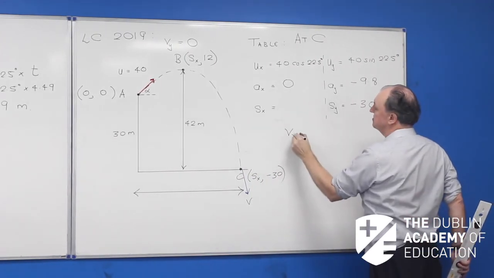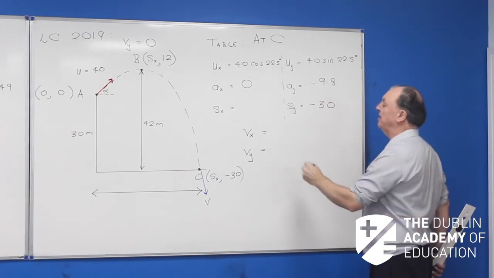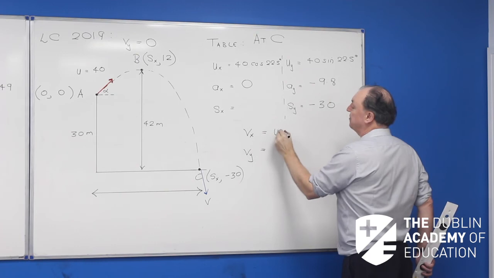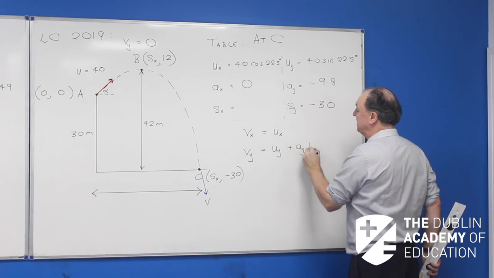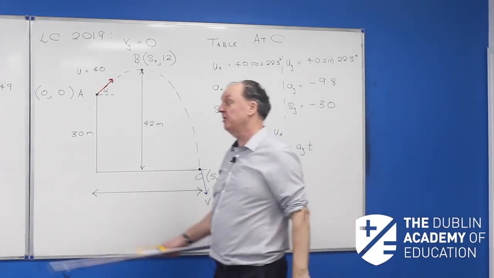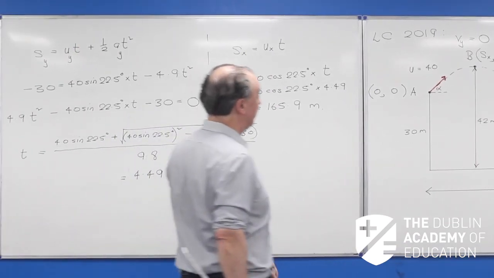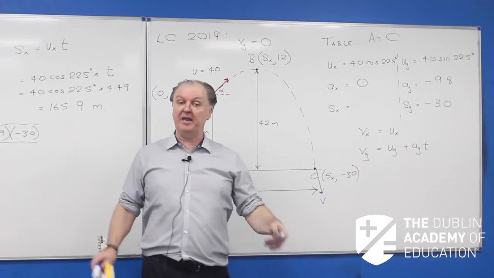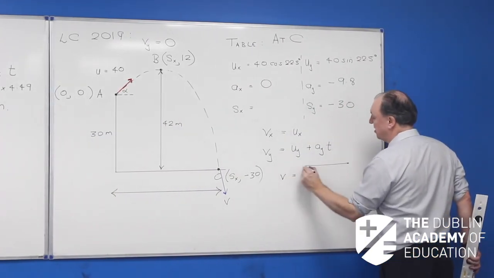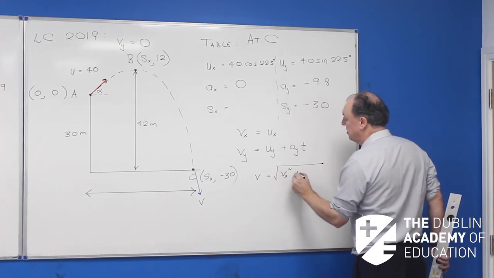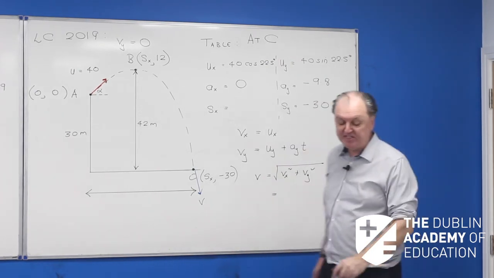Vx and vy using my u plus at equations. This one is vx is ux and vy is equal to uy plus ayt. You know what the time is, don't you? 4.49 seconds. So I'm going to let you finish that off yourself. You can easily work out vx and vy. And how do you put them together? Using Pythagoras. So v is equal to the square root of vx squared plus vy squared. And the answer you should be getting is 46.8